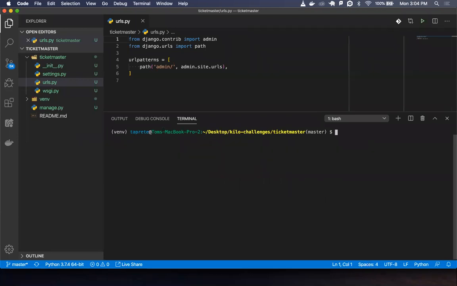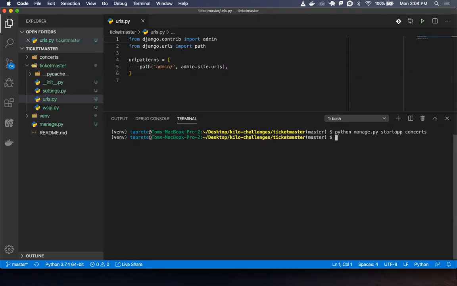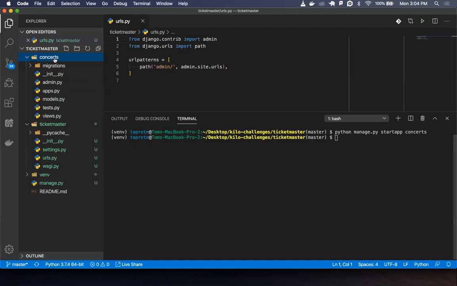Clear. So I created a Ticketmaster project and a virtual environment. Now I need to create an app. I'm just going to call the app concerts. This is python manage.py startapp. Is that right? I don't know. All right, cool. There's my concerts app. Got my views, models,